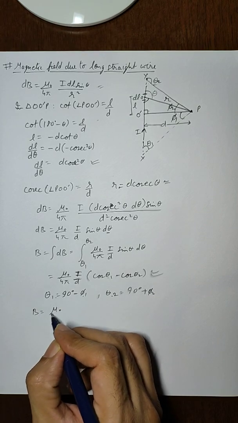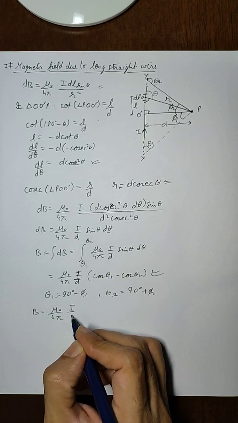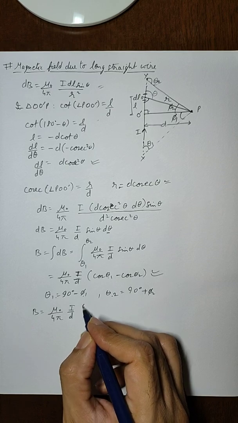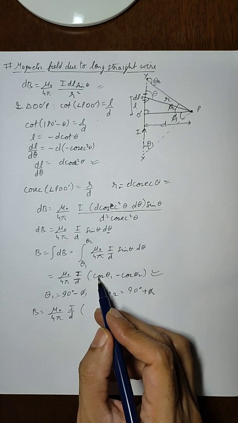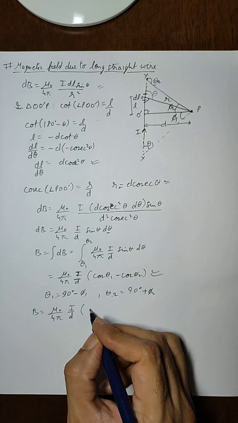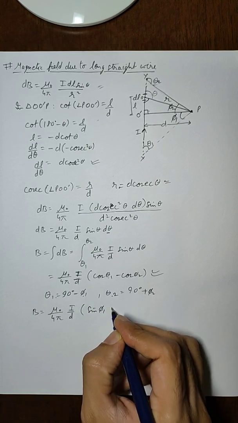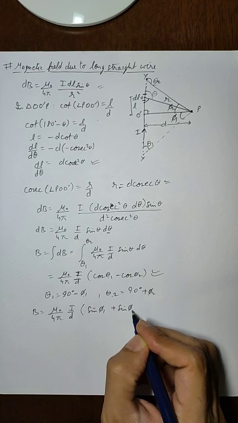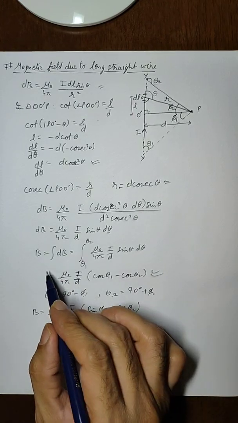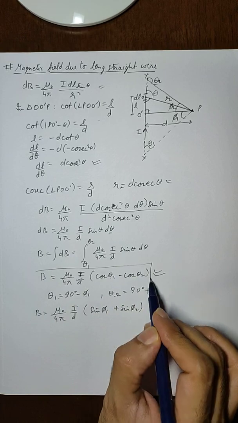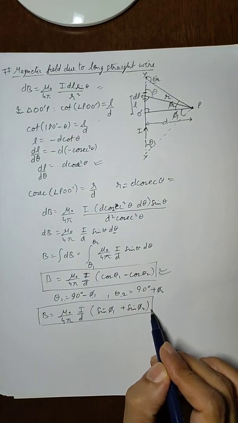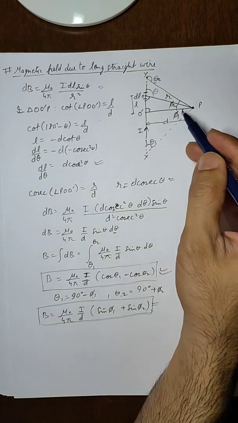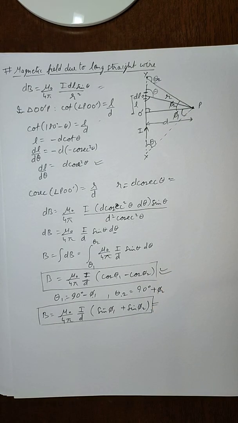So we'll get another form of the same expression. It will be cos theta 1, that is cos of 90 minus phi 1. Now cos of 90 minus phi 1 is sin phi 1, so it will be equal to sin phi 1 plus sin phi 2. So we will have two expressions and we can choose either of them, whichever angle is given in the question.